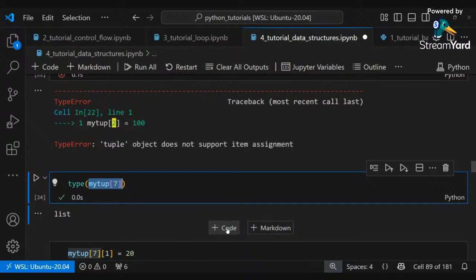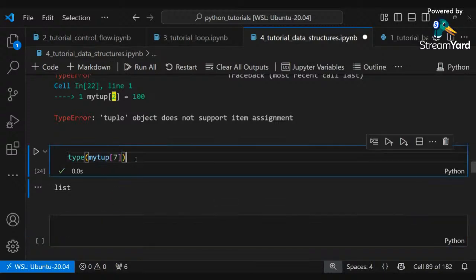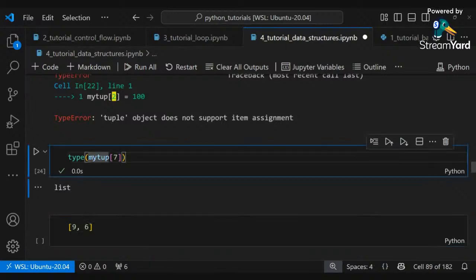And guys, this is where the trick comes. Since it is a list, I can change the value, because if I can access that list inside the tuple, I can change the value. So the first thing we want to do is to get the